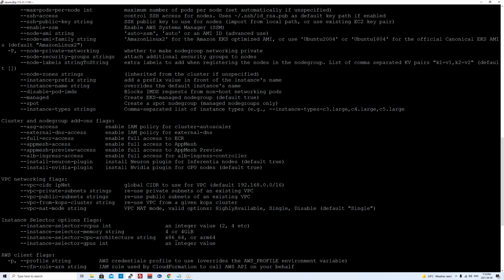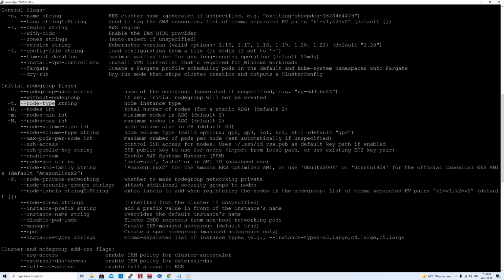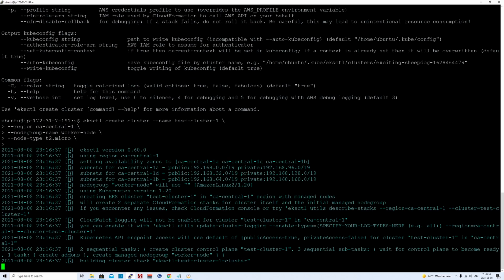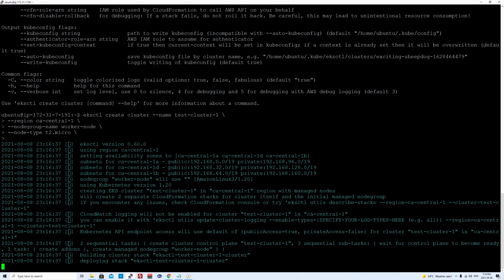If we don't specify the node AMI family or AMI type, it will take the default Amazon Linux and the auto AMI for that. So I'll probably let it do that. I'll hit enter at this point. So it will take these 3-4 options, and the rest it will use the default values. Once I hit enter, it will go ahead and provision all the resources for us.